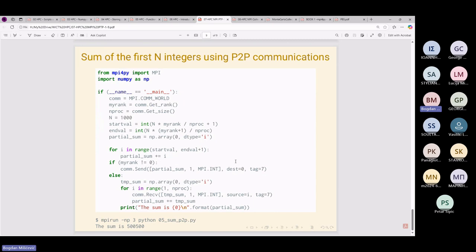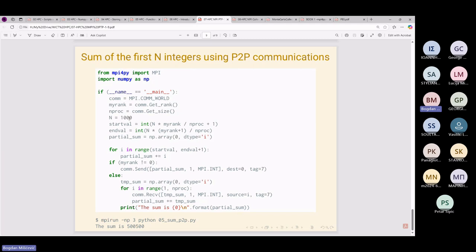We can also send one number. That's okay too. For example, if you want to send the partial sum, like we did before, this is a sum of the first 100 elements. It is not a very smart code. I will explain why. So what has been done here, we want to summarize all the elements from 1 or from 0, whatever, until 100. Then we divided